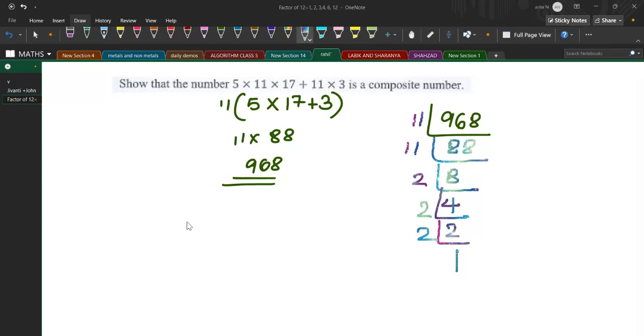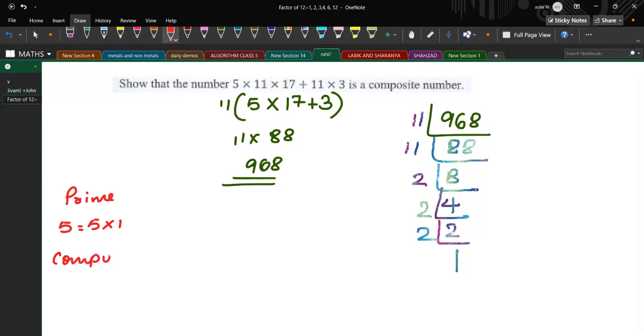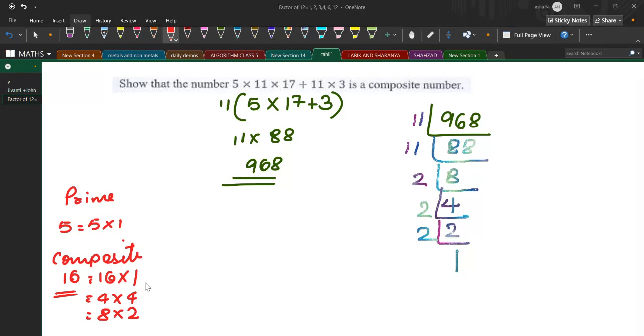What is a composite number? No, no, no. See, prime numbers are, for example, 5, which is only in 5's table, like 5 times 1 is 5. Whereas a composite number, let's take a number 16, which is in 16 ones are, 4 fours are, then maybe 8 twos are. So 16 is a composite number, or there can be more, 2 eights are. Clear, understood the difference, Rahil? Multiple factors, that's correct. It has multiple factors.